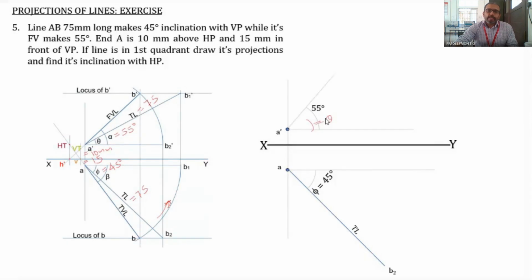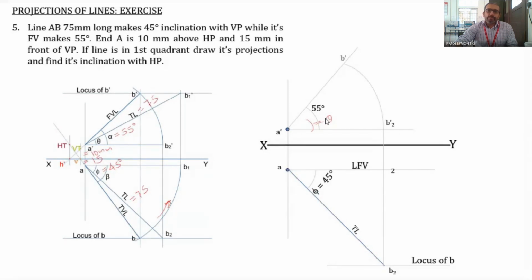Then the line representing the front view will be drawn, but we don't know the length of this particular line, since we don't know the front view length. In order to get the front view length, we obtain the locus of B. That is not necessary for finding the length of the front view, but we locate the locus of B. Then from B2 we find B2 dash, and A dash B2 dash will be the length of the front view. So that one will be rotated to the line representing the front view.